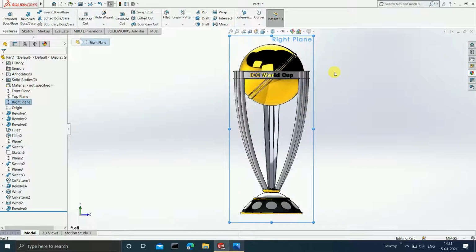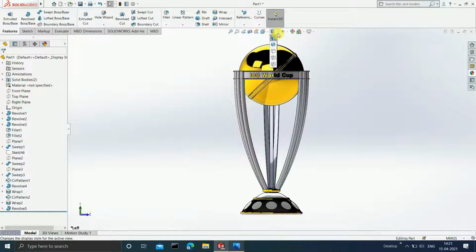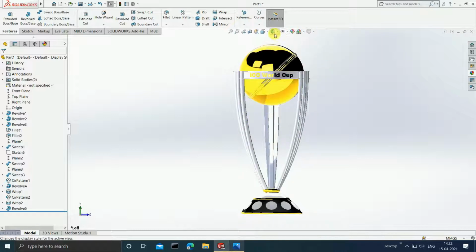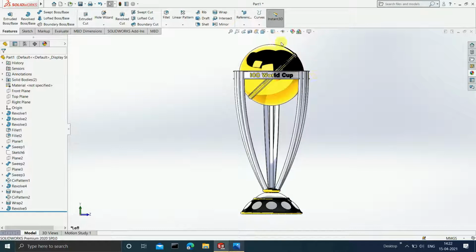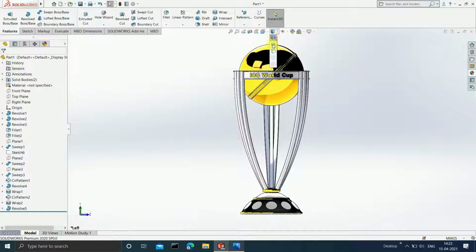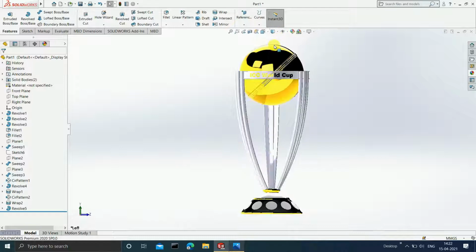Okay. Now guys, you can observe different views for this. You can go here and select shaded view. See. Then again you can deselect this option. Here you have to use real view graphics because this gives us a realistic view. In this there is one more option available, like cartoon. Okay, and here you can try different combinations. There are different options that you can try, like switching on isometric view in cartoons or something like that. But this is one of my favorites, where I deselect this and deselect cartoon as well. See.